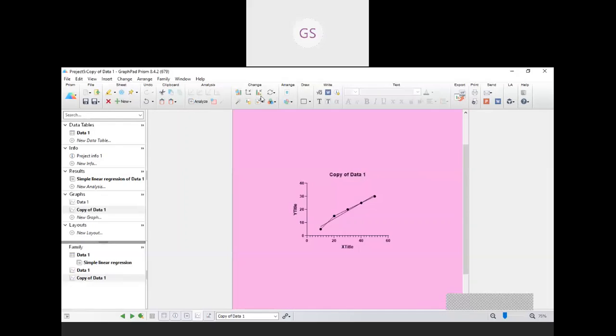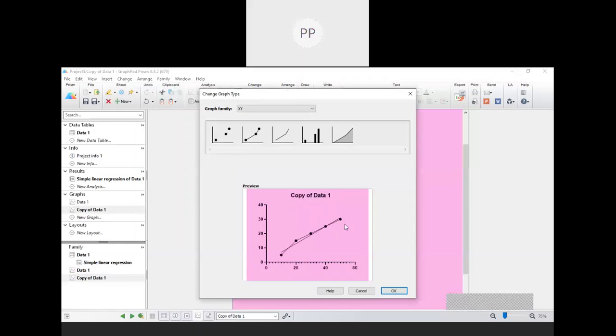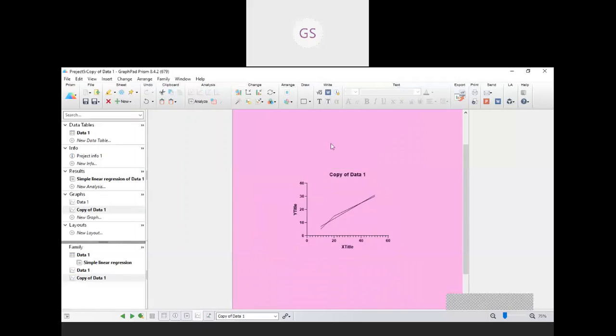Here in change, if you click here, already this is the preview. You can change any preview, then okay, it will change automatically.